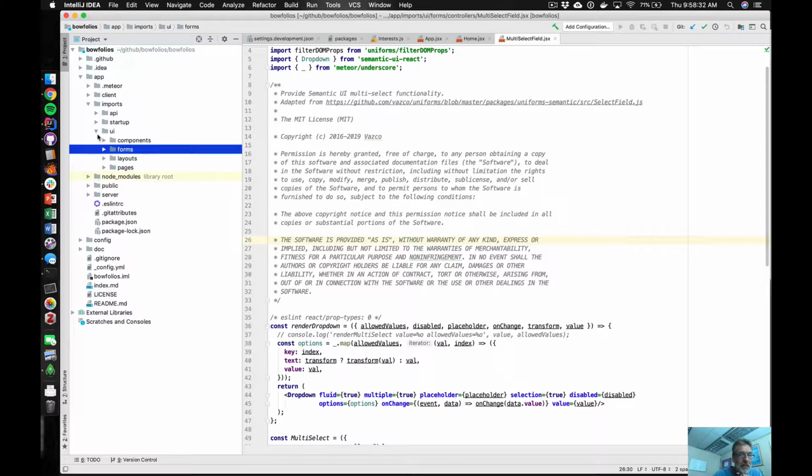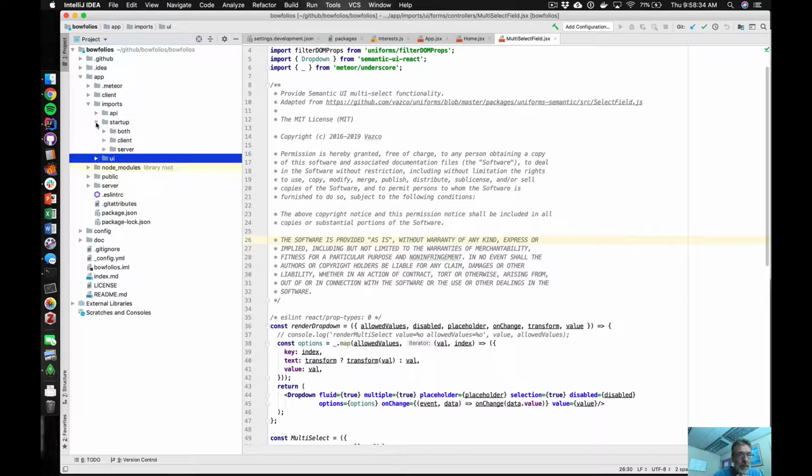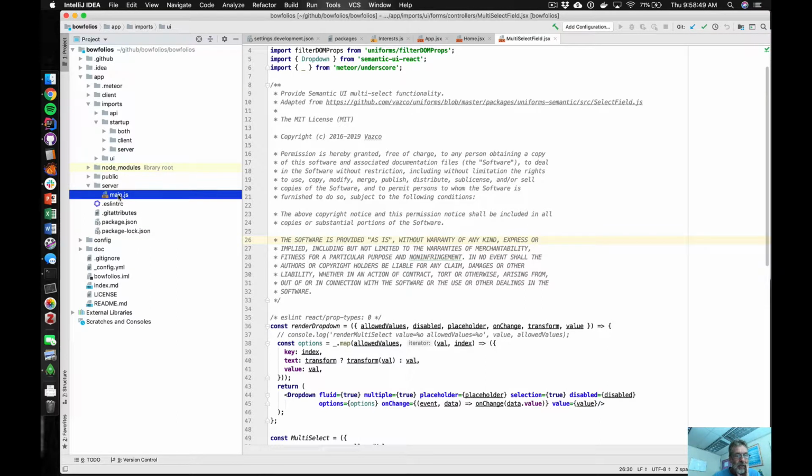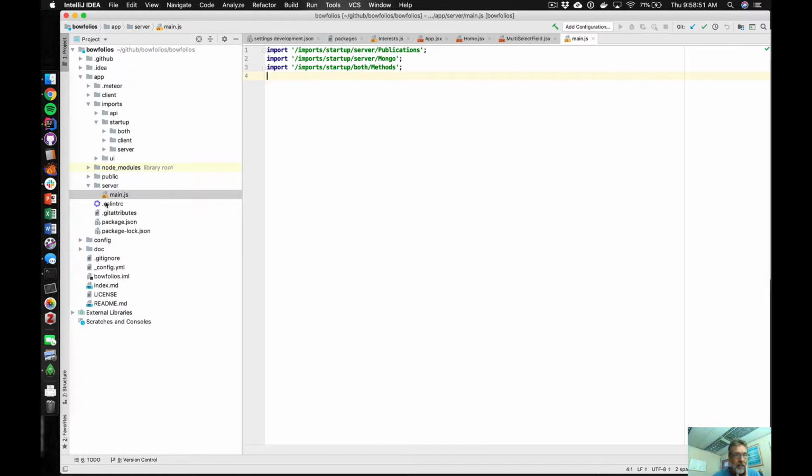So that's the user interface section. And then the final section is the startup section, and this is where we can talk a little bit about the control flow. So as I said before, when Meteor starts up the system and it starts up the server, it's going to look in the server directory and load whatever's there, which turns out to be this main.js file. And this main.js file says we want to load these three things from import startup server,